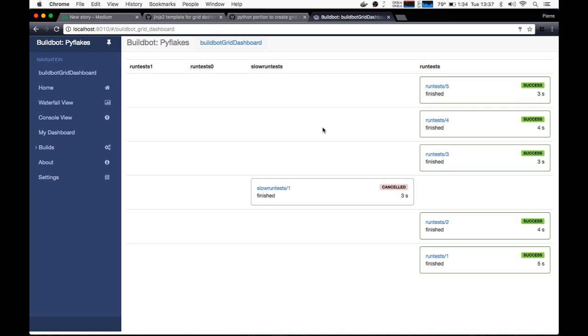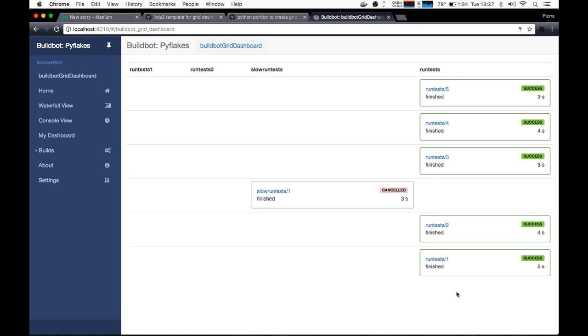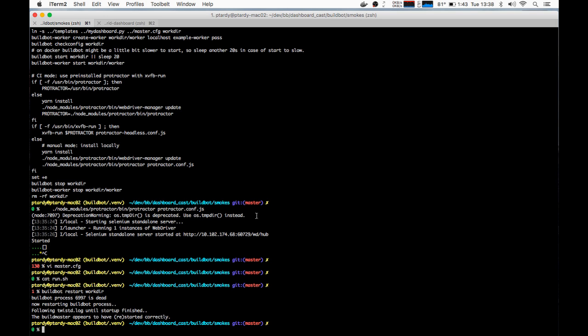I can see that it has created all the columns and all the builds, one line per build. This is not very useful, really, for example, because if you have 200 builds, then everything will scale vertically. So we need to gather some builds in order to have something that is a little bit better. So in order to show how it works,